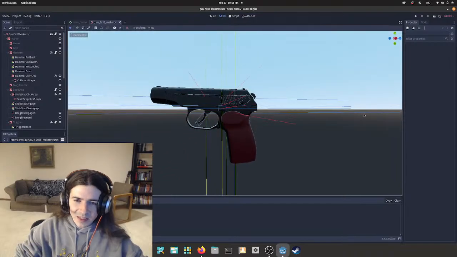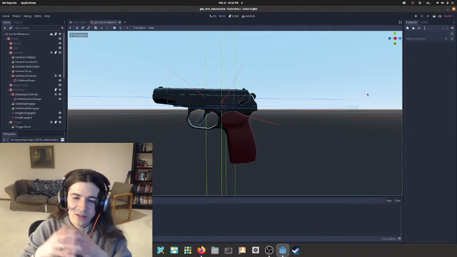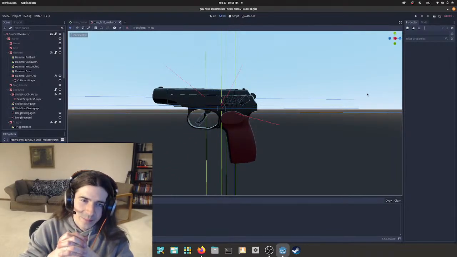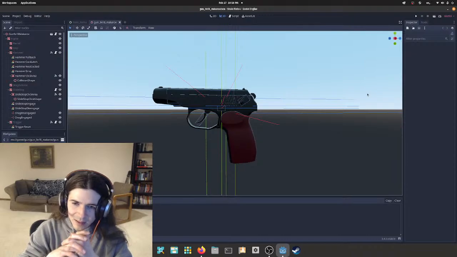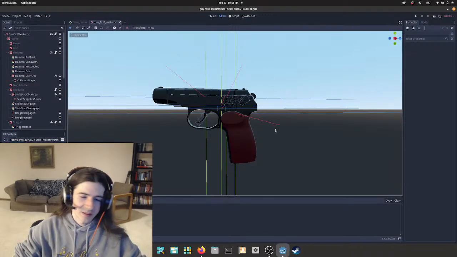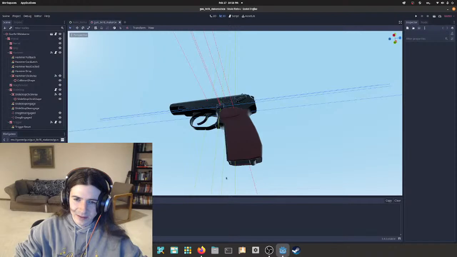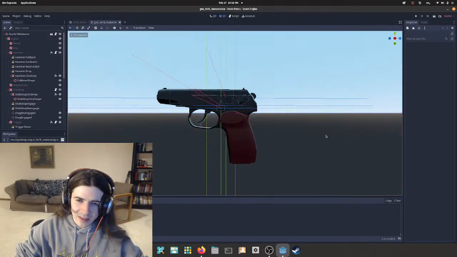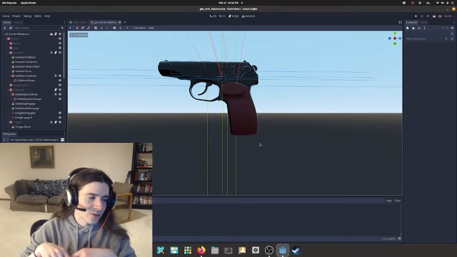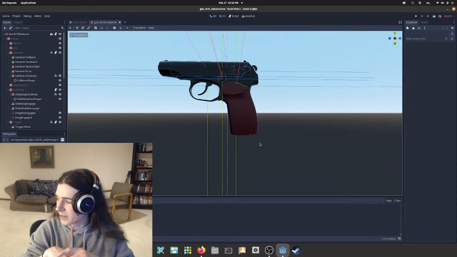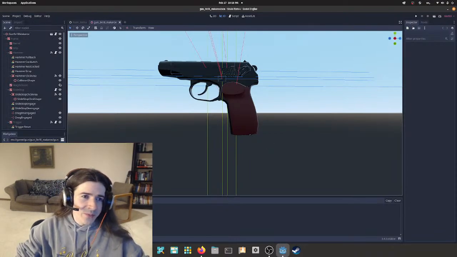All right. So we're going to want a hitbox or area underneath the magazine well here. And if the magazine enters it, that will trigger the insert mag logic.